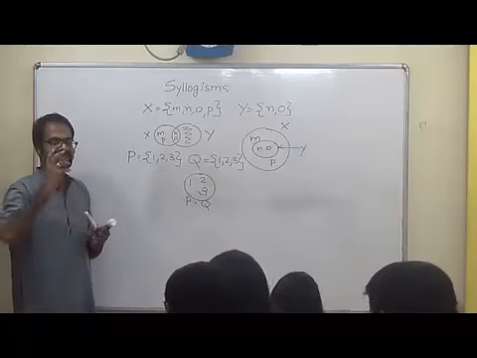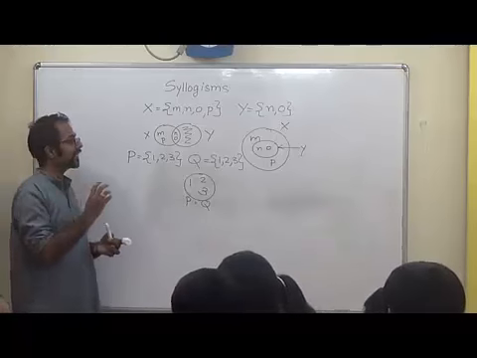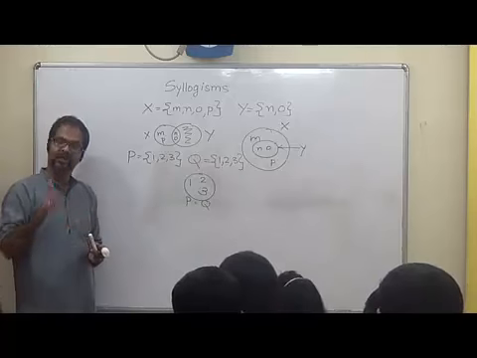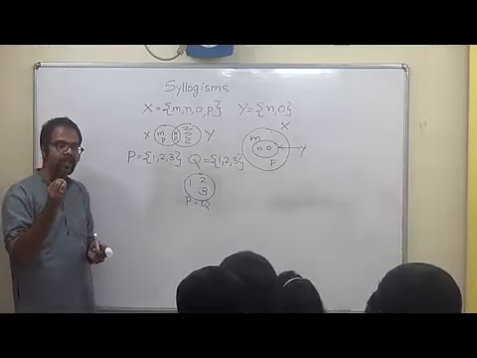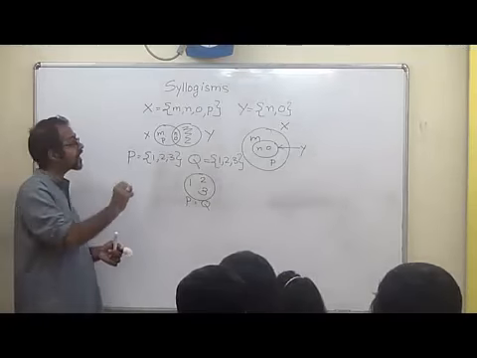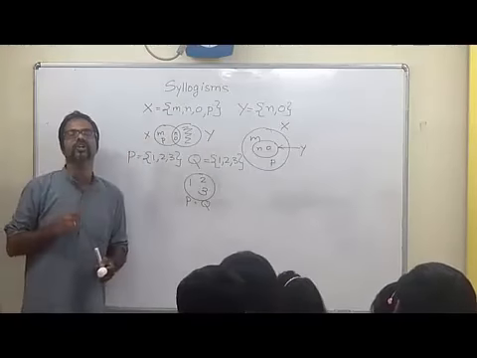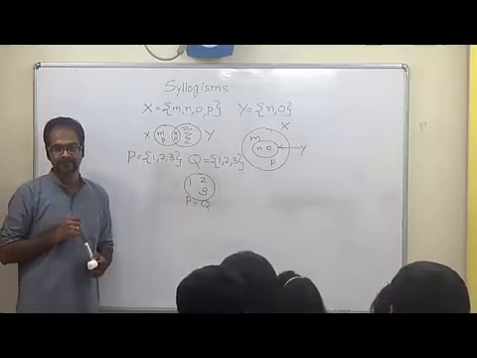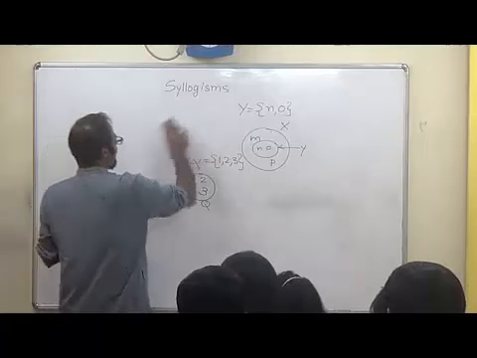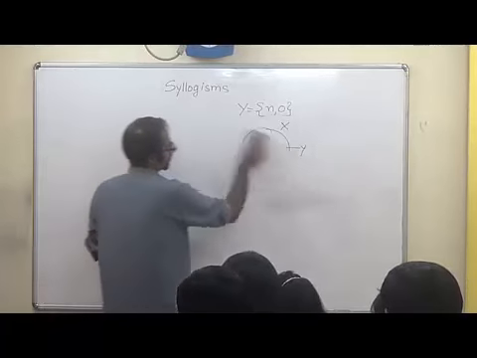So, you got a basic idea of how to represent different facts using Venn diagrams. Understood so far? That's it. This much knowledge of Venn diagrams should be enough for you to understand how to go about solving questions on deductive reasoning or syllogisms. Right? So, we start understanding what exactly comes in questions of syllogisms.